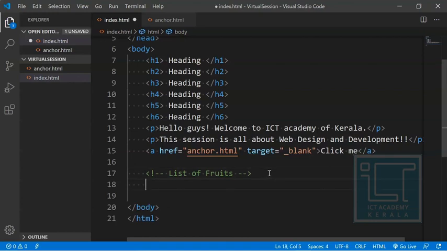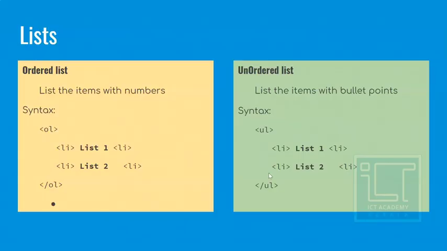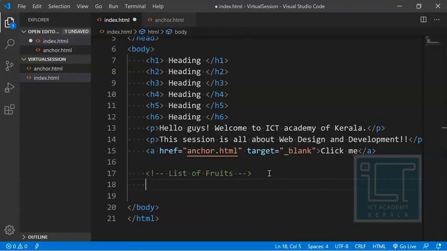So for the list of fruits, if you want to make it an ordered list, you use the tag called OL. Inside OL we want to represent each of the fruits, like apple, grapes, pineapple, watermelon, each using different numbers like 1, 2, 3.